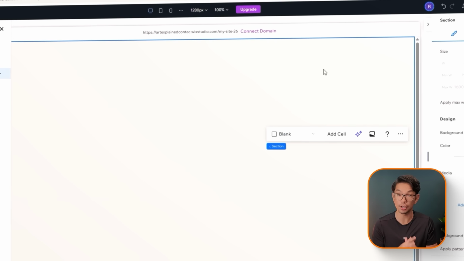The header is one of the most important parts of your website because it controls how users navigate. At the same time, it shouldn't take attention away from your main visuals, especially since we're working with a 3D animated banner. The goal here is to create a clean, transparent header that sits on top of your design without getting in the way. So we'll start by selecting your header layer, then open the media panel and add the